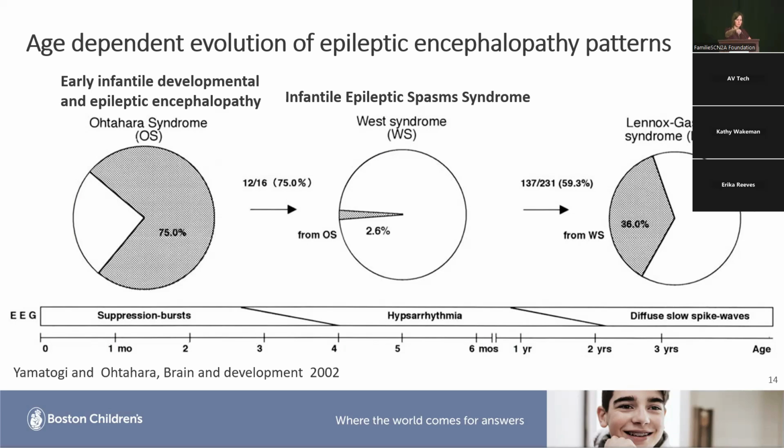And Lennox-Gastaut syndrome is another syndrome that can present in and of itself at a later age. In the recent study from the Clinical Trial Readiness Project, this is the syndrome that was most highlighted. I think it's about a quarter of patients across the age groups that end up with Lennox-Gastaut syndrome. It involves multiple seizure types and some specific EEG patterns as well.